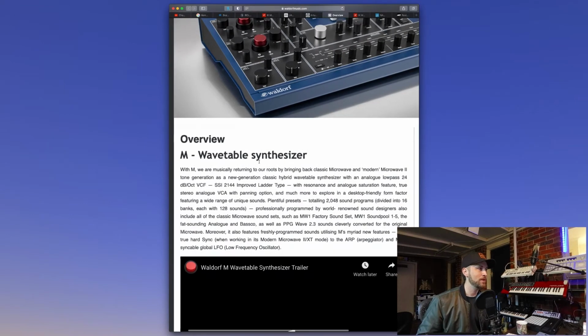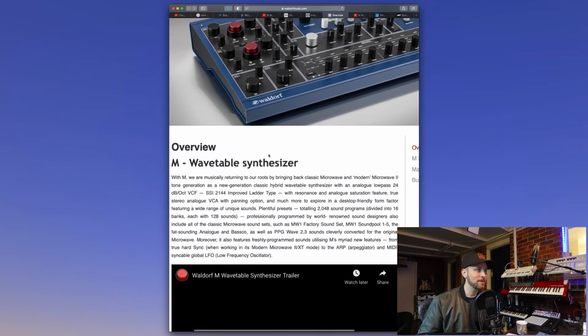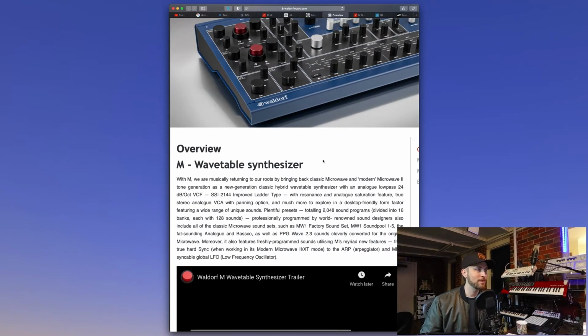Let's have a look here. With NAMM, we are musically returned to our roots. This has come to us from the Waldorf website, by bringing back classic Microwave and modern Microwave II tone generation as a new generation classic hybrid wavetable synthesizer with an analog low-pass 24 dB/oct VCF, SSI 2144 improved ladder type with resonance and analog saturation feature, true stereo analog VCA with panning option, and much more to explore in a desktop friendly form factor. Featuring a wide range of unique sounds,